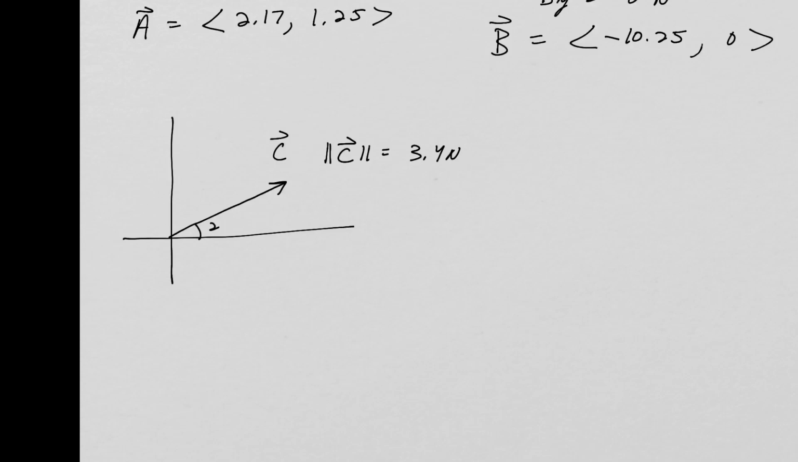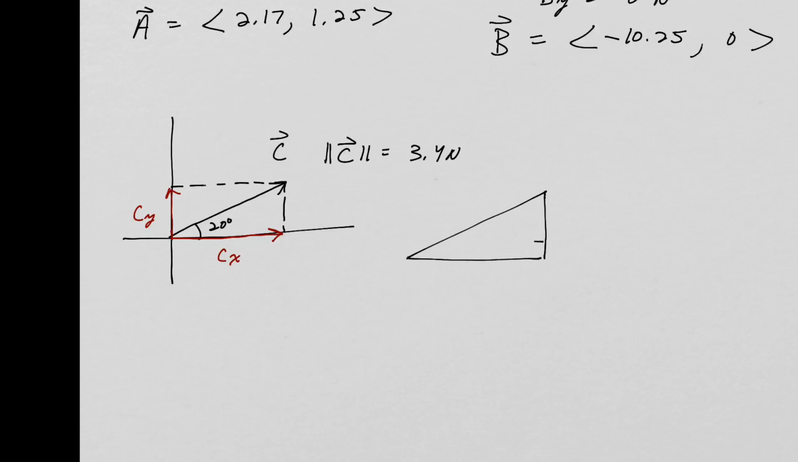We know that this angle is 20 degrees, and I want to find the X component and then the Y component. So CX, CY. And it looks like they're both going to be positive again, right? So again, we know that cosine of 20 is, if I extract my right triangle,